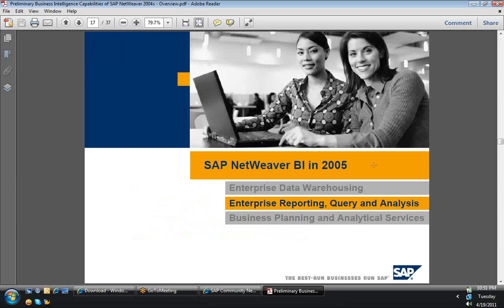Okay. Here's the end of the brief overview for the enterprise data warehousing. Next comes the enterprise reporting, query and analysis, which is nothing but the front end. So I think next class we can quickly cover the overview of the front end. I'll rush a little bit because it's going to be really easy, and basically I'll be talking about what are the reporting features we have, what are the different reporting techniques we have,